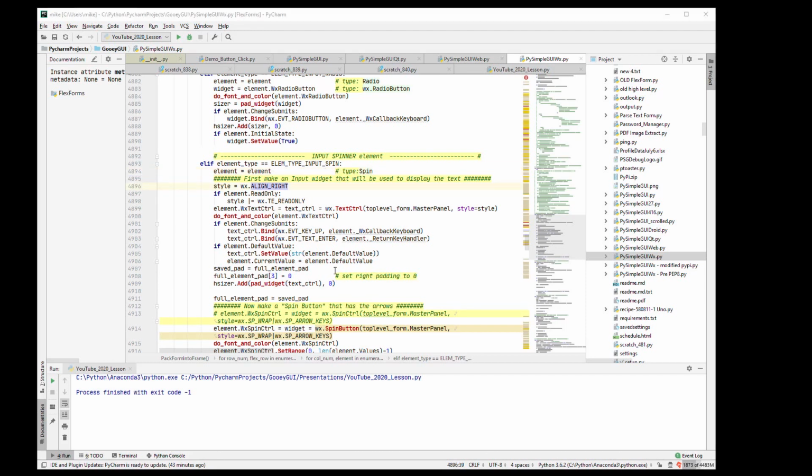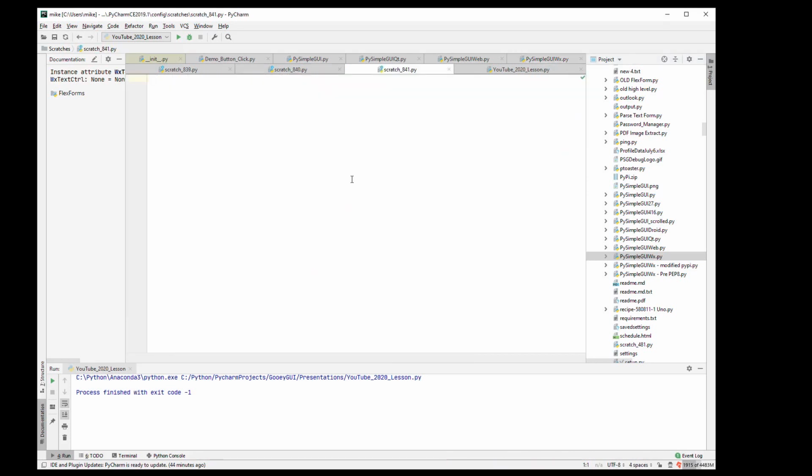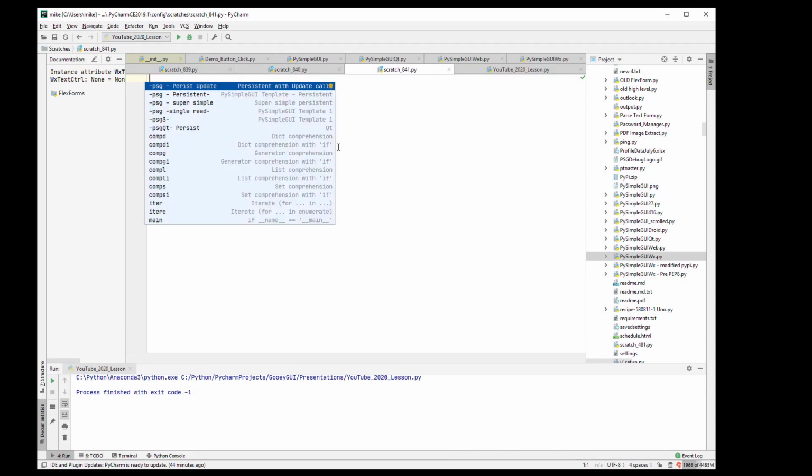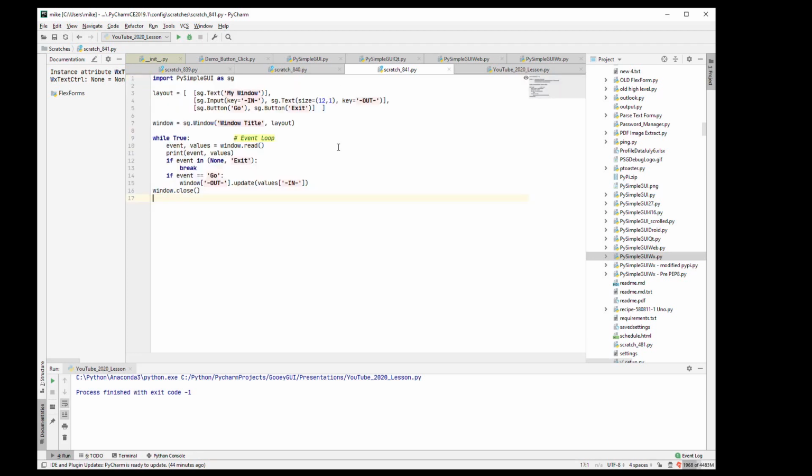And then one final tip is to use Control-Alt-Shift-Insert to quickly create a scratch file. Control-Alt-Shift-Insert brings up a dialog box. You can say, I want a Python file. You can use these things called live templates so that you hit Control-J and it'll allow me to pull up a live template. You can look up what that means, but basically it's a way to quickly paste a bunch of code in. So with two keystrokes,